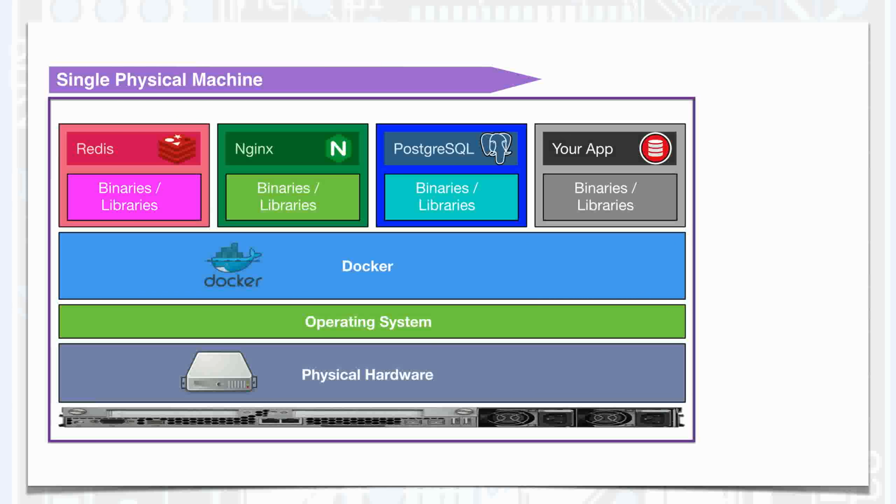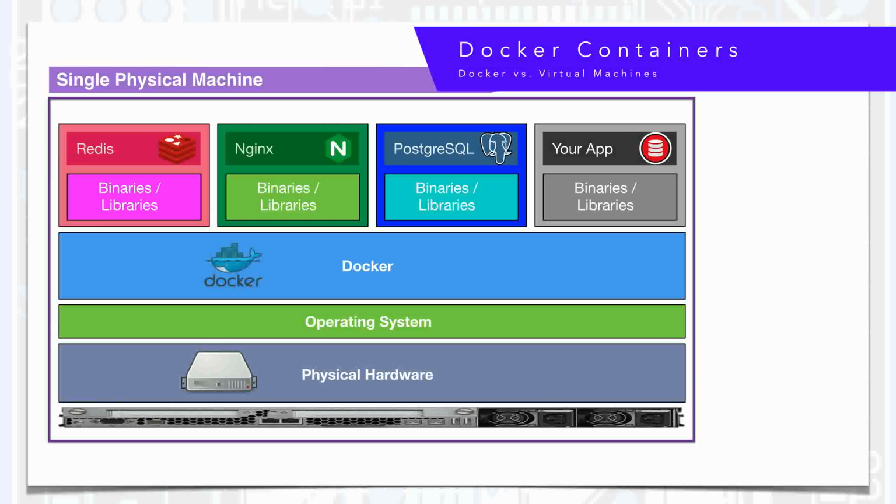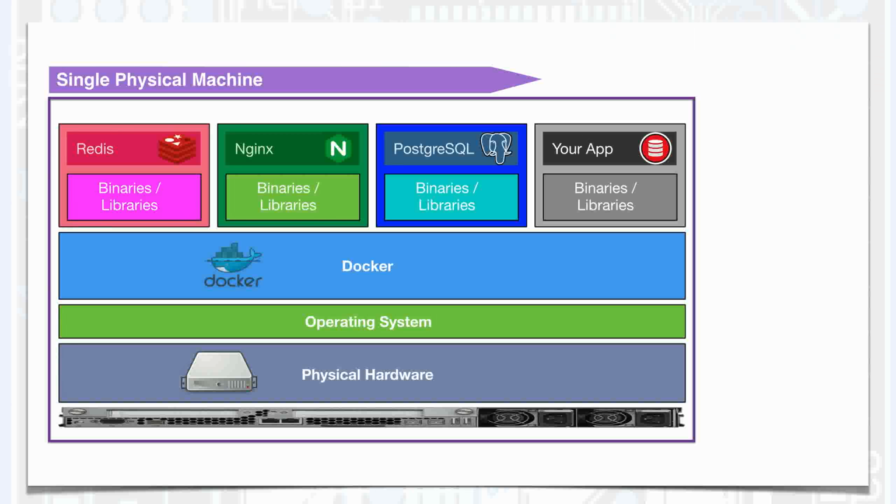Linux container technology that lets us package and ship our applications and everything it needs to execute into a standard format, and then run them on all of our existing Linux hardware. Now that might sound like a virtual machine, and it's a good start for how to think about Docker containers. Docker containers are similar to virtual machines in that our application runs on what seems to be its own hardware